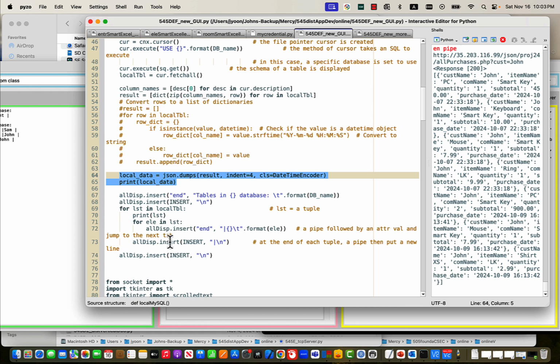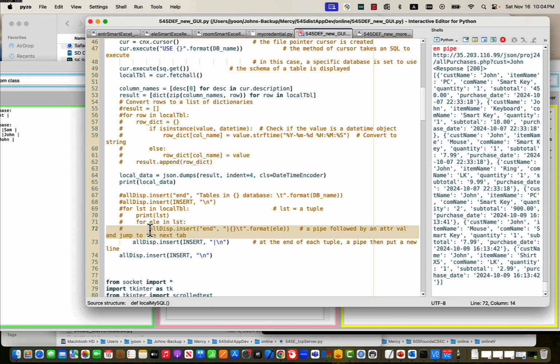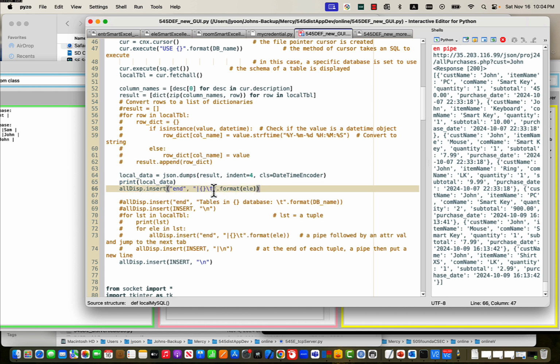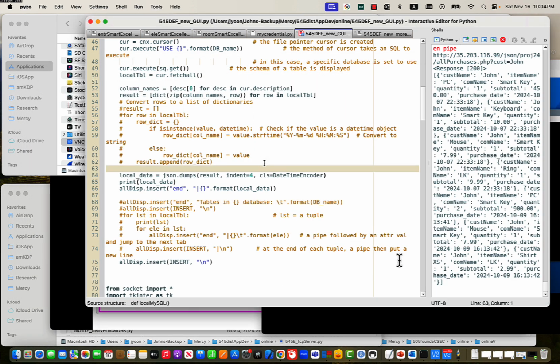For example, I want to comment this, then I can do only this, and here insert, and I do not need to do this. Instead of this, local data. So as an example, if I execute this,